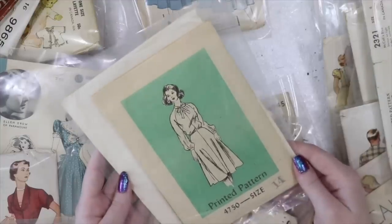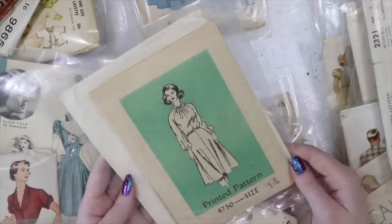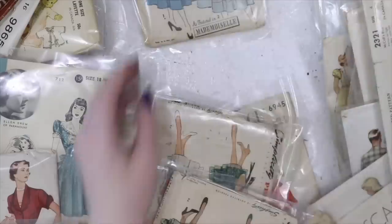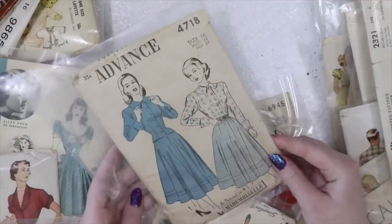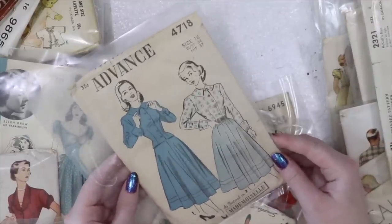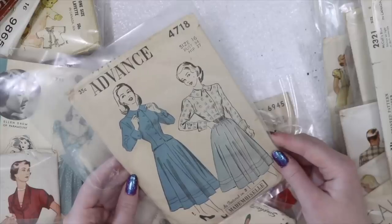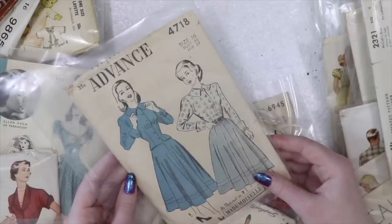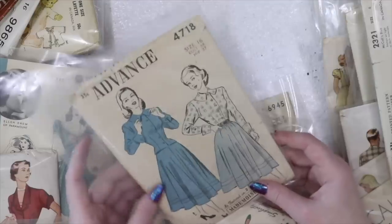This is a mail order pattern, probably from the 60s, and it's in a size 13, and it feels factory folded, or at the very least quite neatly folded. This is a super cute advanced pattern. I love the collar on this, and the cuffs. You've got these really large cuffs that just make me think of like a historical jacket or something. This feels factory folded. It's in a size 16 for a 34-inch bust,